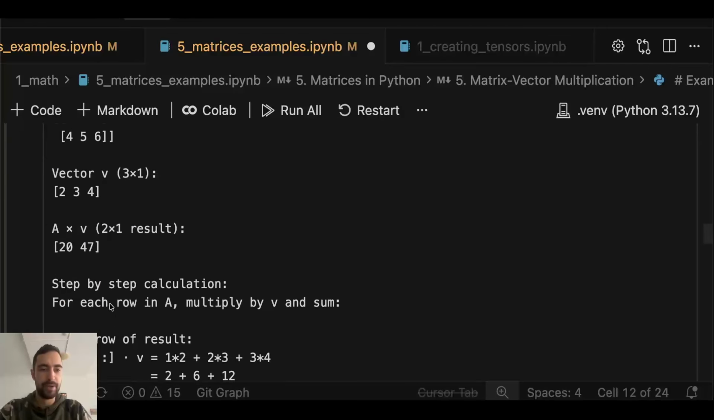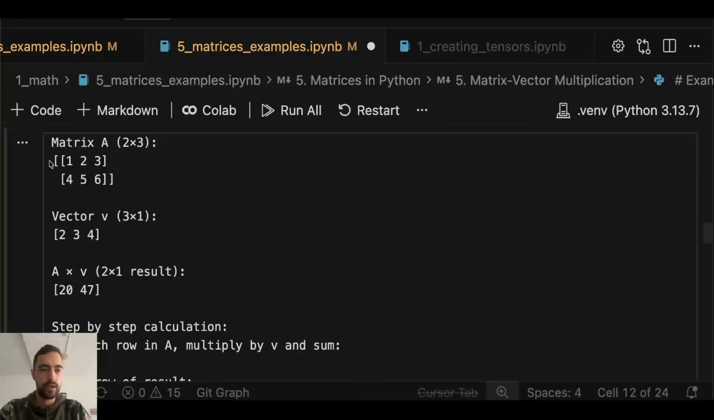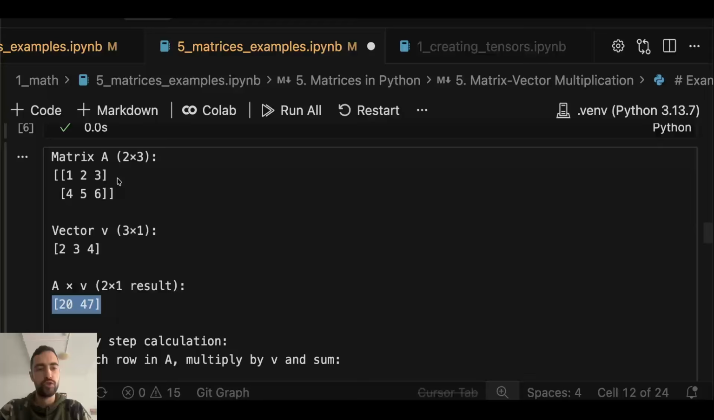And the step-by-step calculation goes like this. 1 times 2 plus 2 times 3 plus 3 times 4. And then that's going to be 20. And then 4 times 2 plus 5 times 3 plus 6 times 4, that's going to be 47. So that's the resulting vector. So you multiply this row with this